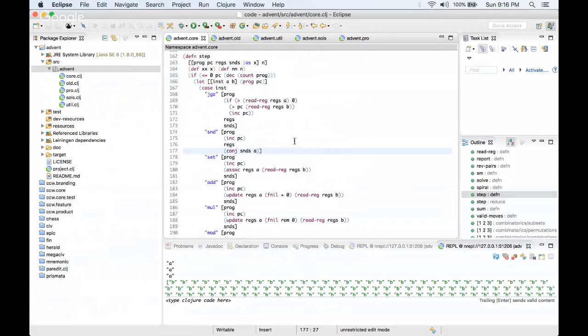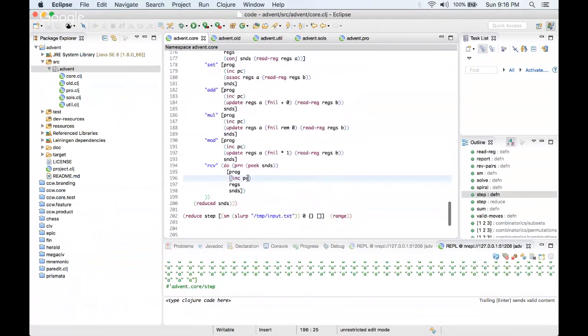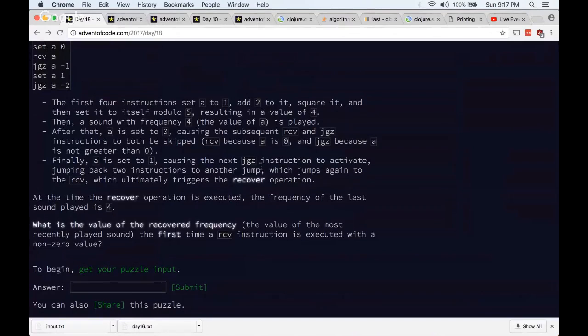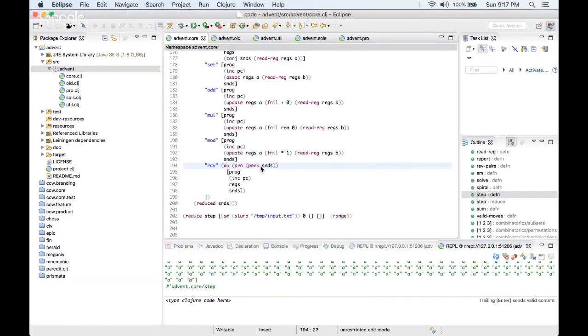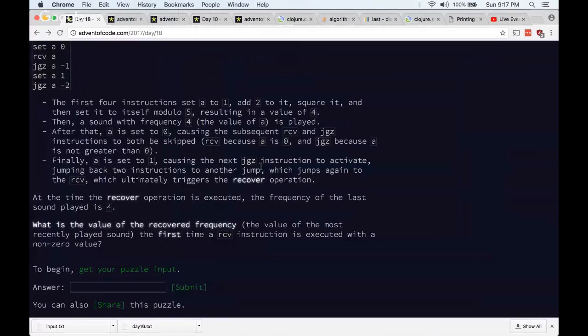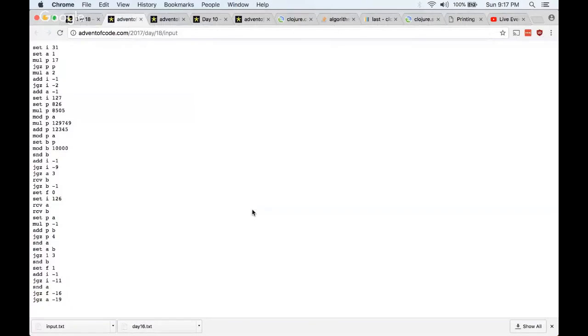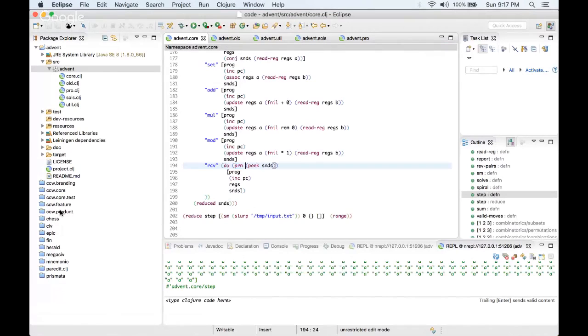send needs to be read registers like this here. And then our recover operation needs to be something like value most recently played sound, the first sound. Okay, so then we need to say something like, let's take a look at what a recover operation looks like. B, A, B. Okay, so